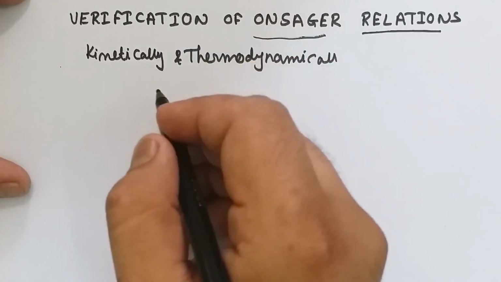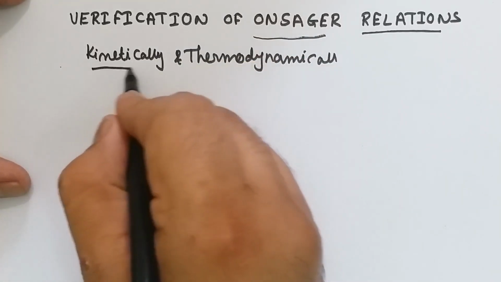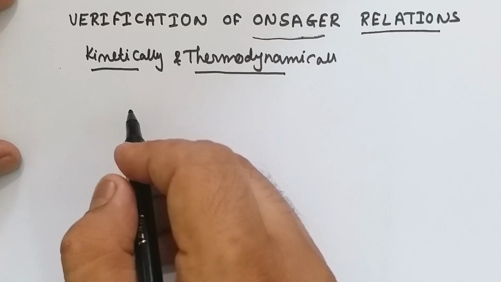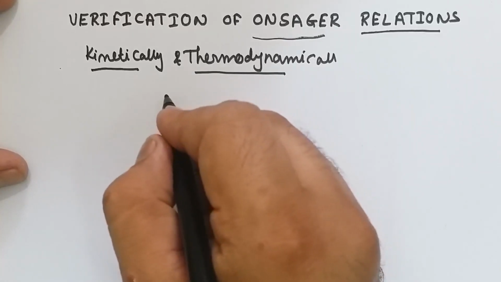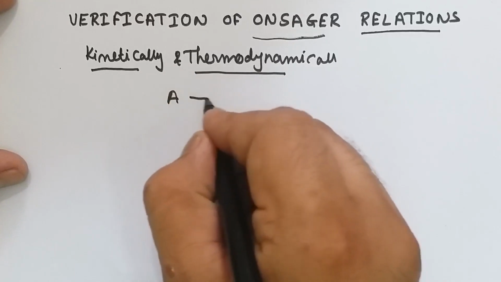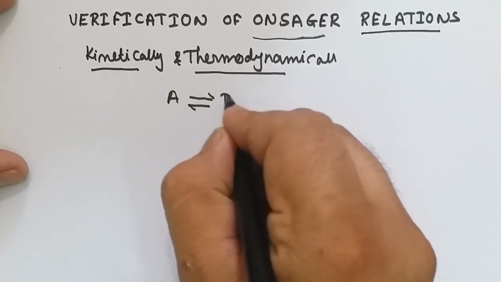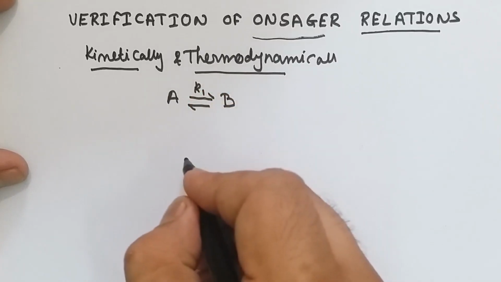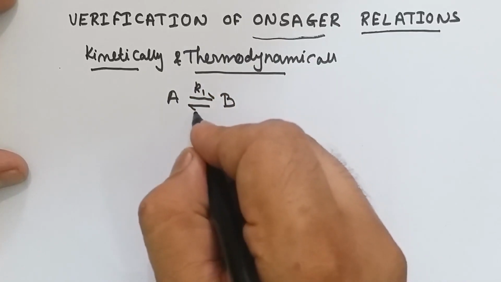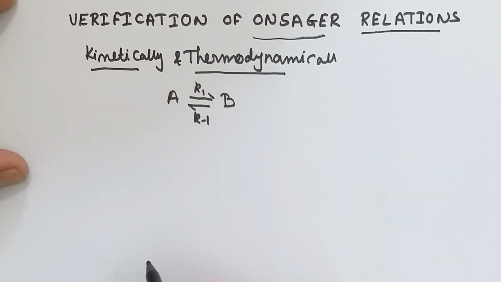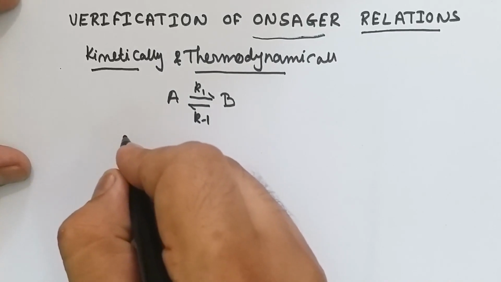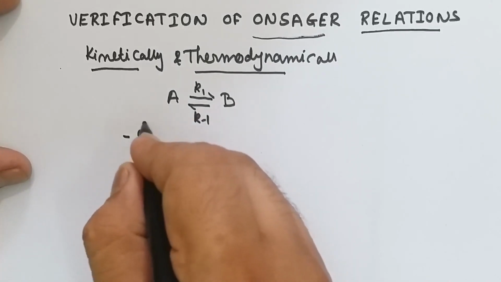So first we will examine the reaction kinetically, and then we will discuss the concept thermodynamically. For that we will consider a simple reaction wherein A is converting into B, and suppose we consider that K1 is the rate constant for the forward reaction and K minus 1 is the rate constant for the reverse reaction, then the rate, that is the rate of consumption of A,